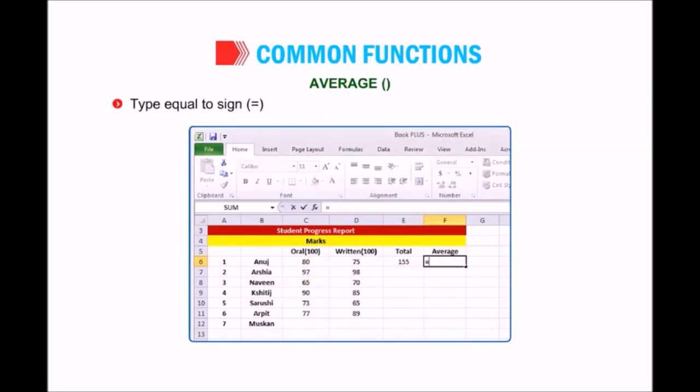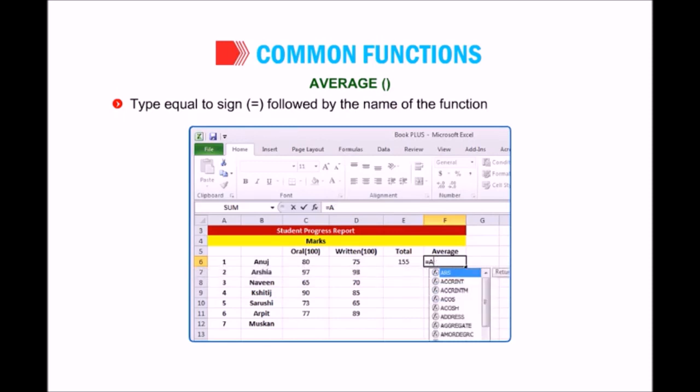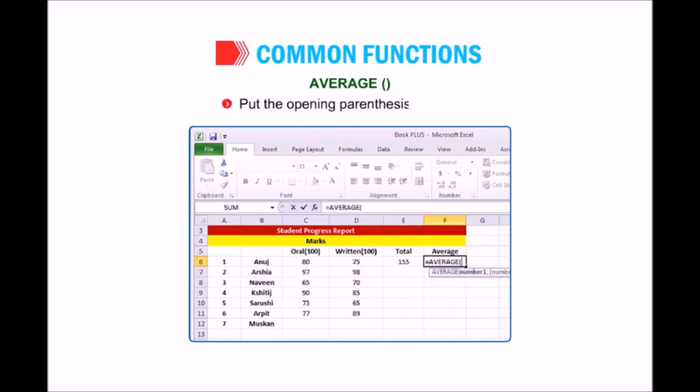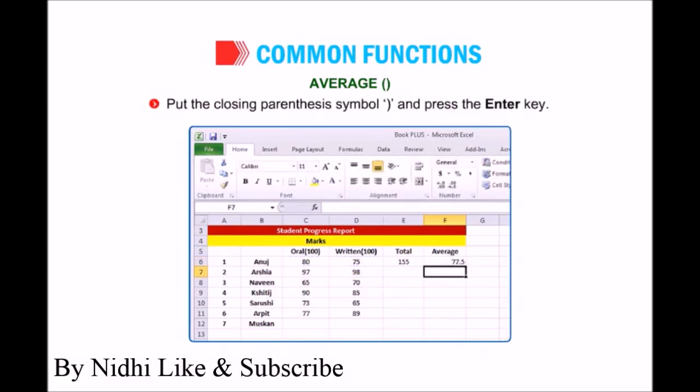Type equal to sign followed by the name of the function, that is AVERAGE. Put the opening parenthesis symbol. Select the cells C6 through D6 to define the range. Put the closing parenthesis symbol and press the Enter key.